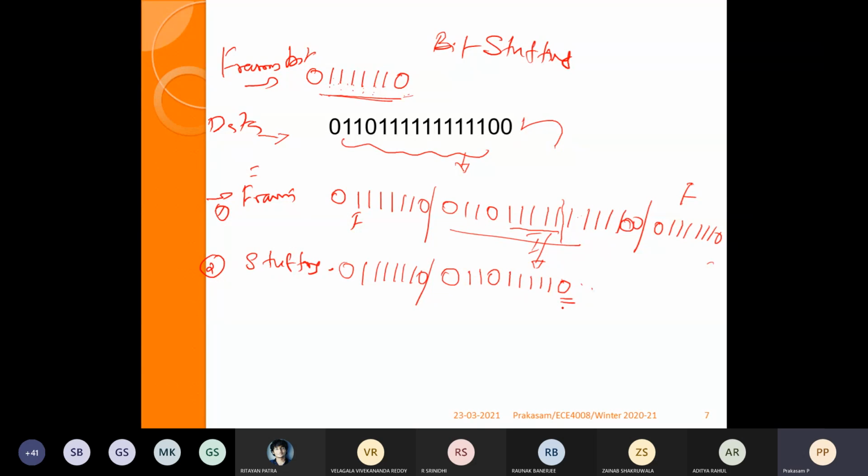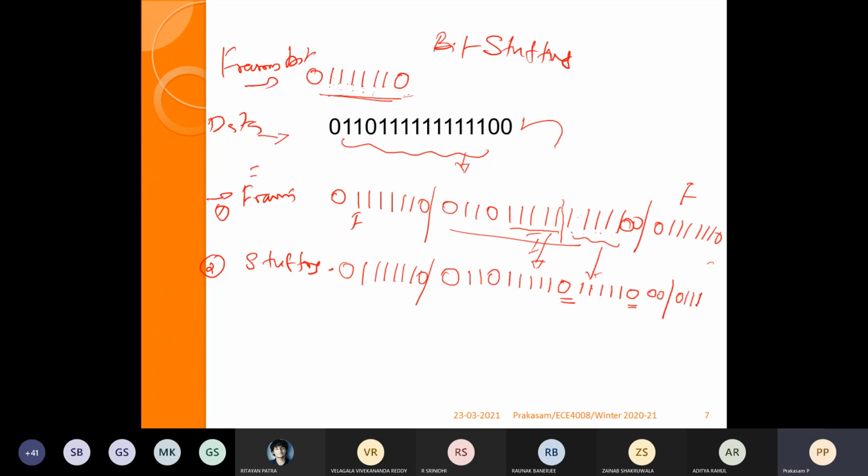Then after adding this stuffing bit, again we go on with the information. How many ones? 1, 2, 3, 4, 5. Again 5 ones. As per the rule, after 5 consecutive ones, we add an additional stuffed bit 0. The remaining is as it is.